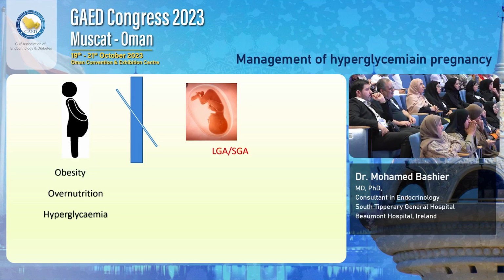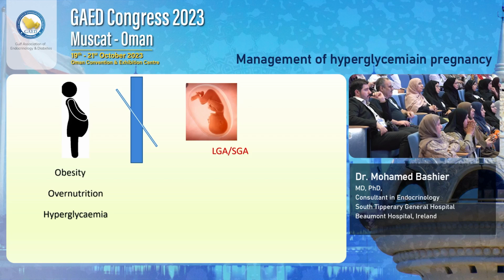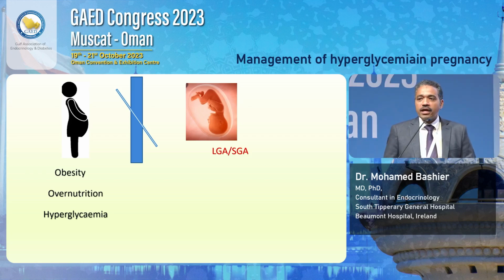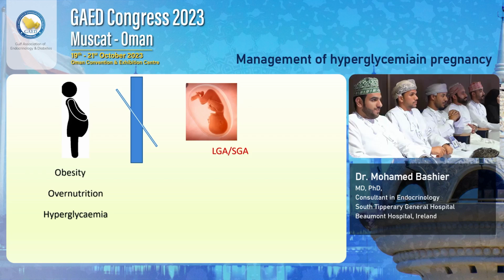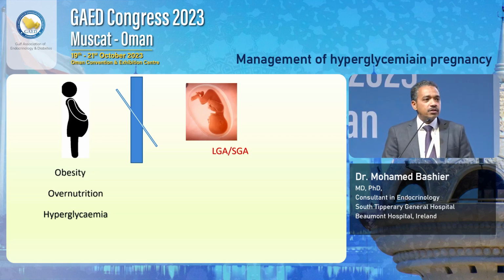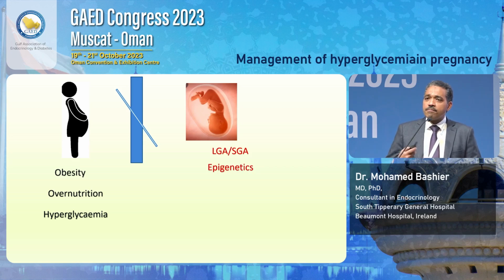Number one, they impact the fetal size. And we know that a large for gestational age baby is more likely to continue to be obese throughout childhood and is more likely to end up with early onset type 2 diabetes. Similarly, small for gestational age babies catch up and are at high risk of diabetes as well. This intrauterine environment seems to impact the epigenetic buildup, making them more susceptible to type 2 diabetes in the future.